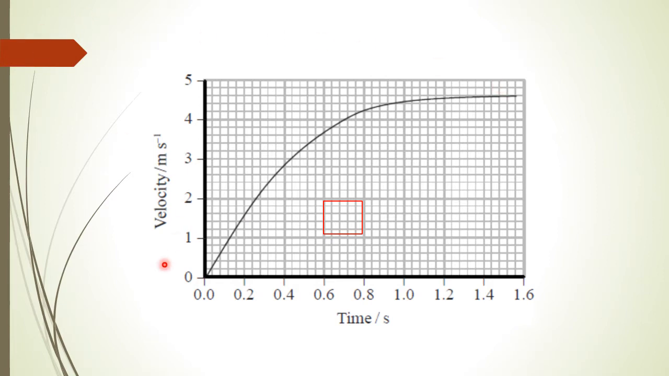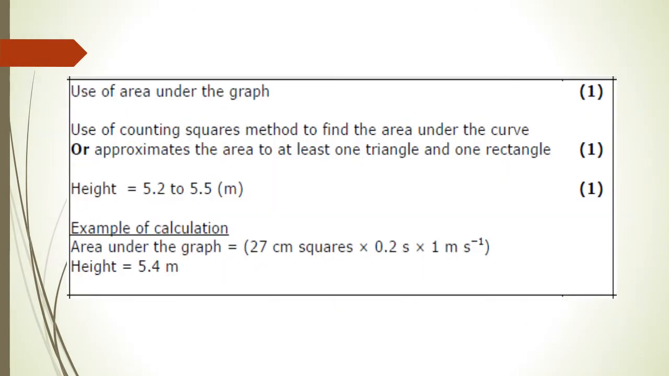So let's see once again. Here it's a 3-mark question. What are the points you have to include in order to get the 3 marks? In this question, if you use area under the graph, you will get 1 mark. And what method can you use to find the area under the graph? Use of the counting squares method to find the area under the curve,